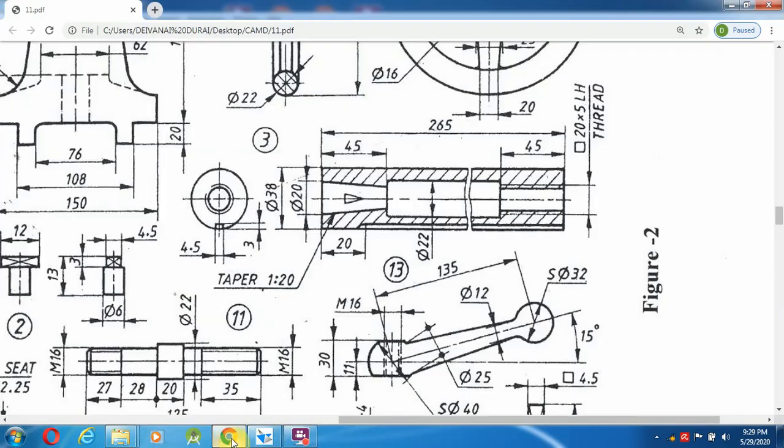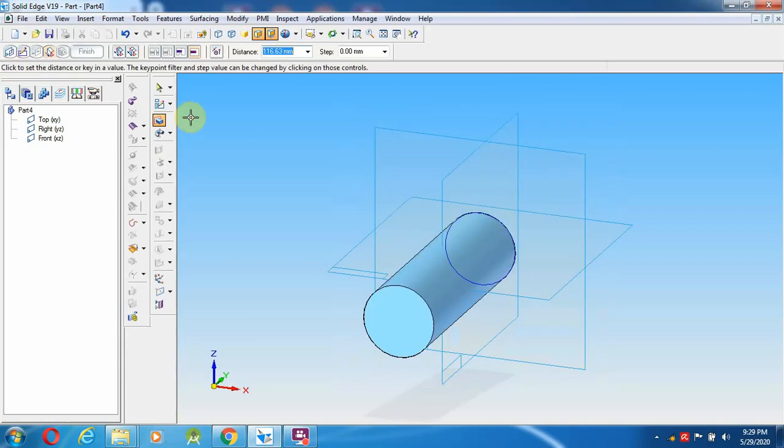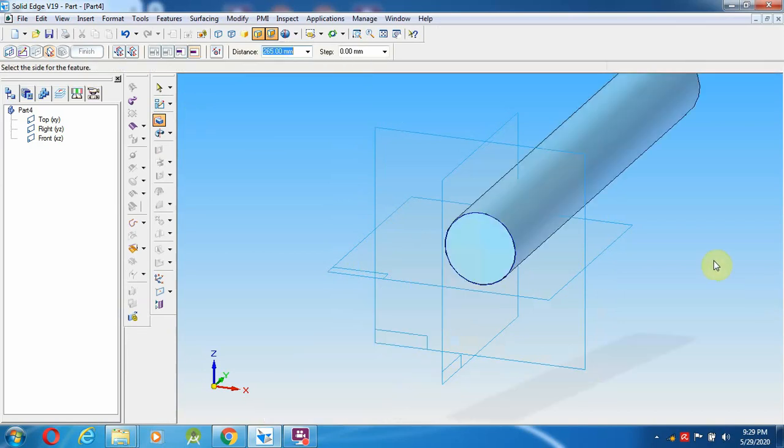I think 38 mm. So a 38 mm diameter and up to 265 mm length. Select the 38 mm diameter and return with 265 mm length. Either direction is fine, it is not an issue.